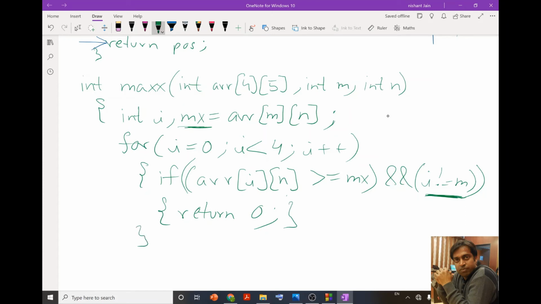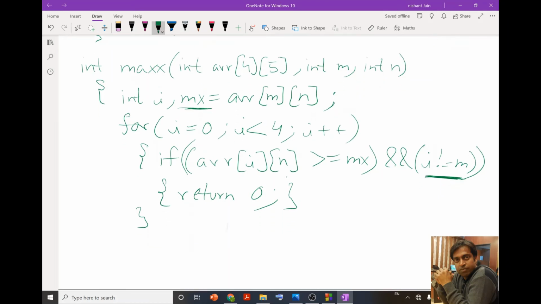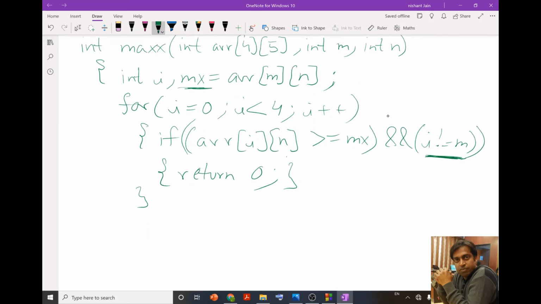So we are going to check this for all the values in that particular column, and if we have not returned anything till the end of the I loop, then at the end we are going to return the value 1, and that will be the end of this function.